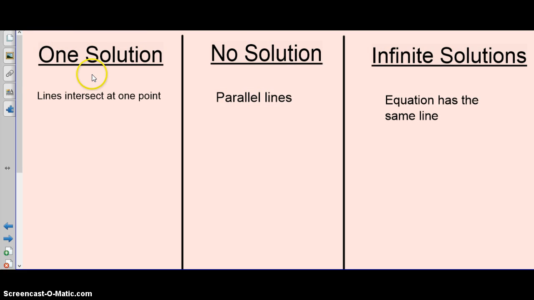So we've looked at one solution. This is something we've been doing, looking at systems of equations where there's been one solution, one coordinate point. We've had no solutions yet. We haven't done that yet. We're going to be doing that, where maybe if you graph those, they end up with parallel lines, and then